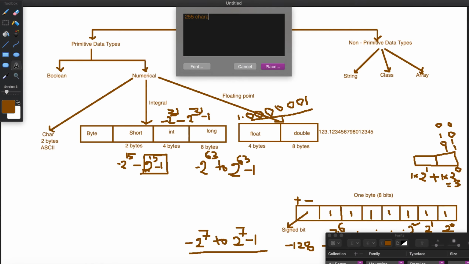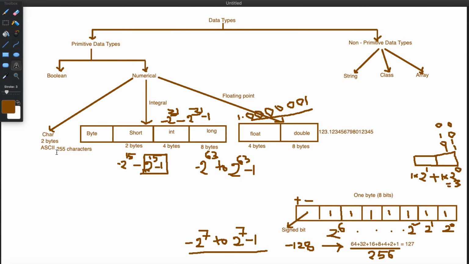So 255 characters we have in ASCII. With 1 byte we can represent all the ASCII characters.